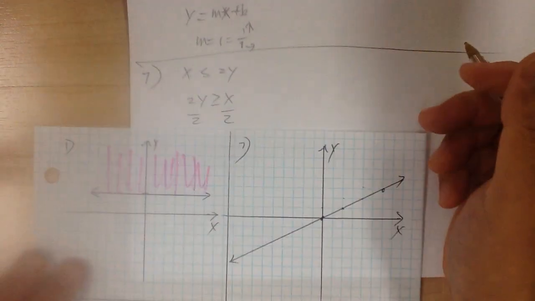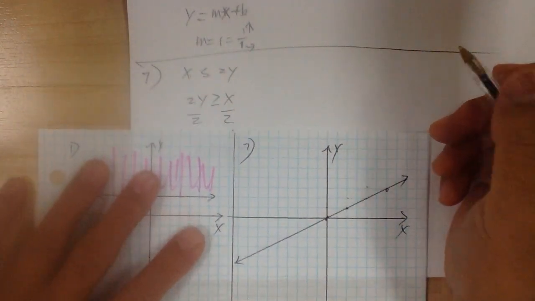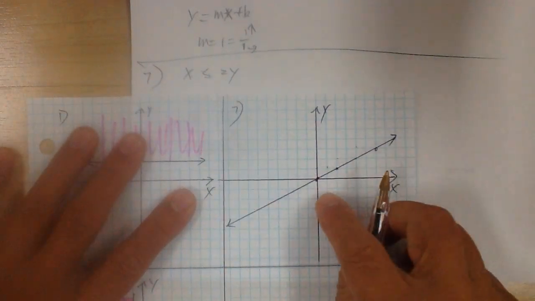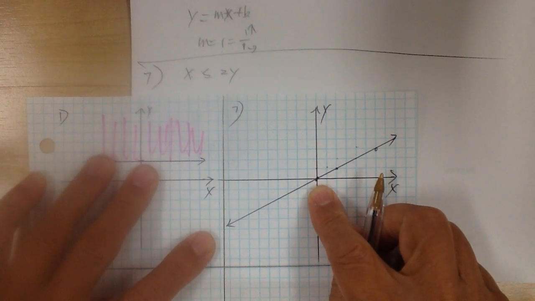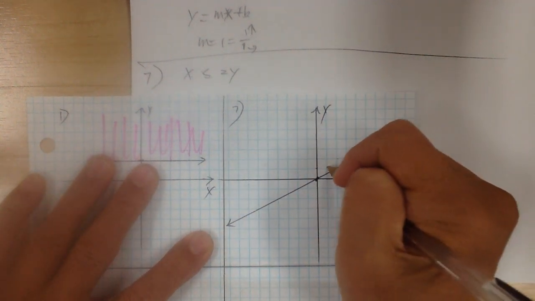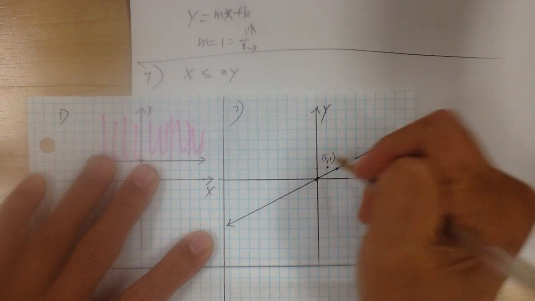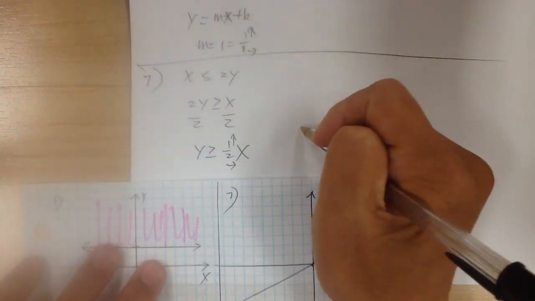Okay, then after that, choose a testing point. I'm going to choose 1, 1. Right? 0, 0 is the best choice, but it's on the line, so you cannot do that. So I'm going to use 1, 1. Okay. So if you put 1, 1 in here, you got